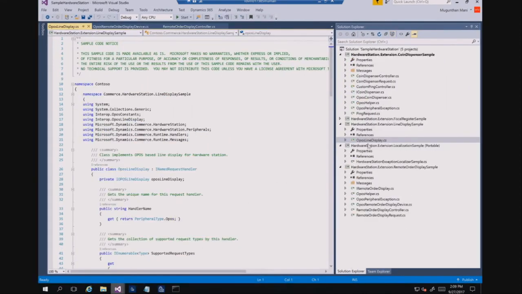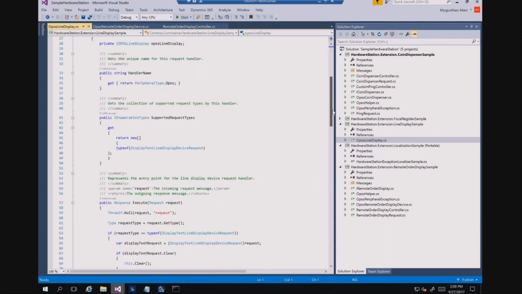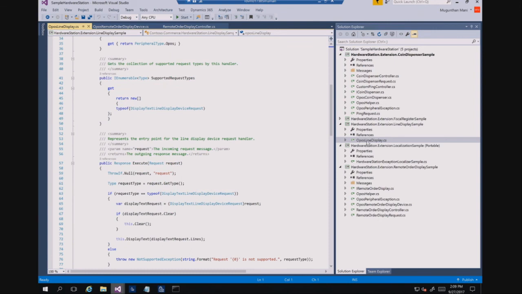So I have this sample hardware station project. For example, I put a sample here. Anyway, I don't have the simulator running here, so I'm not able to show the demo. But as I said, in the line display, I want to show my own custom display text. If you go to any retail store, you will see that pole